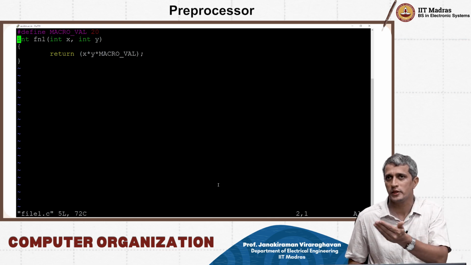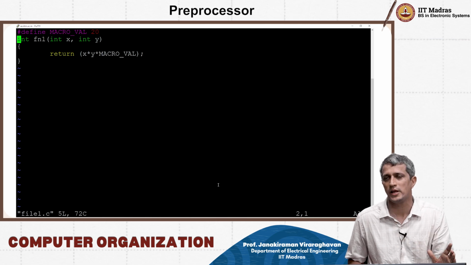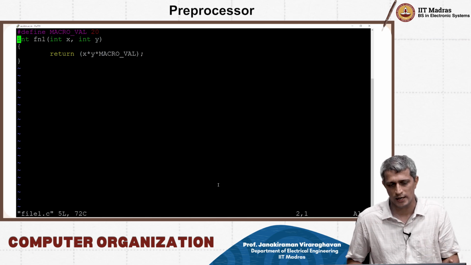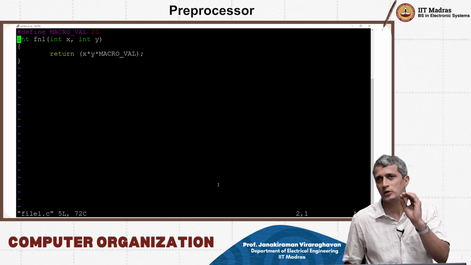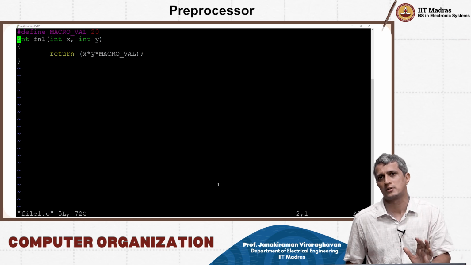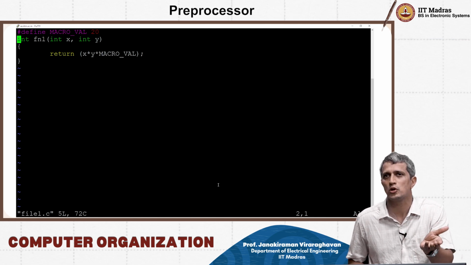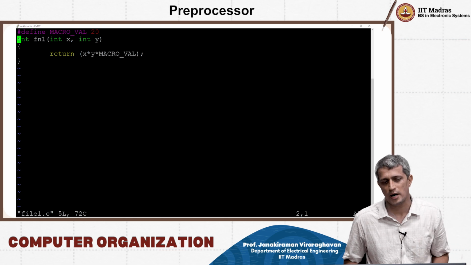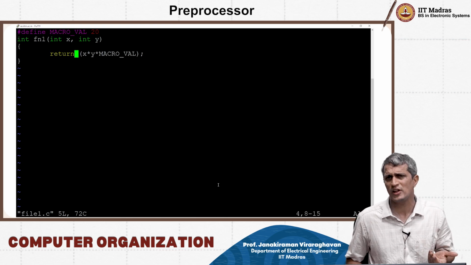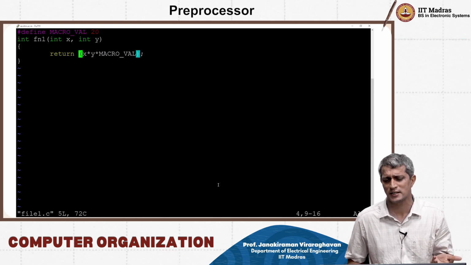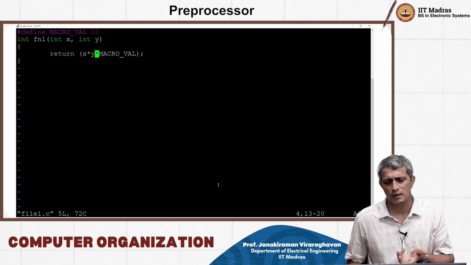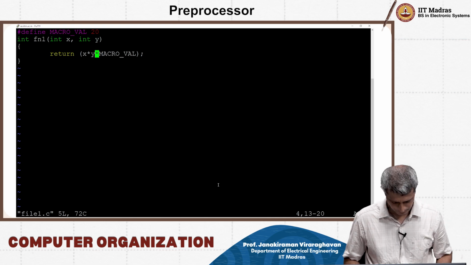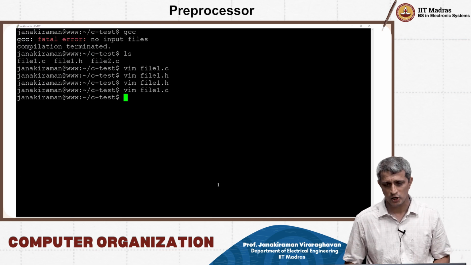Okay, we'll come to all this a little later. Why we don't need the variable names and all that stuff, we'll come to a little later. But all the function declaration had to do was to mention that it took two integer arguments, int, int. Now we are giving those integers a name, int x, int y, and the function does a very simple job. It is just multiplying x into y, right? And then we are multiplying it by a macro value. Okay, that's all function